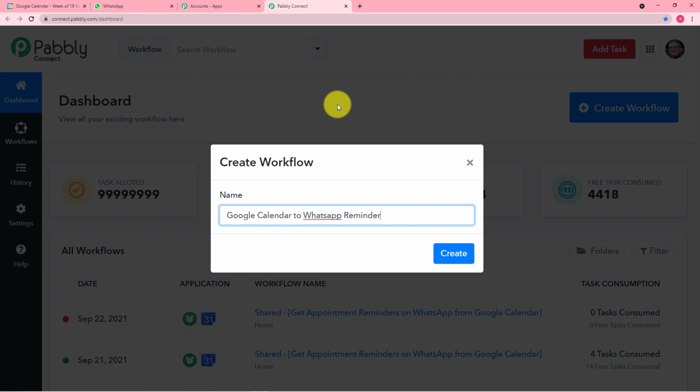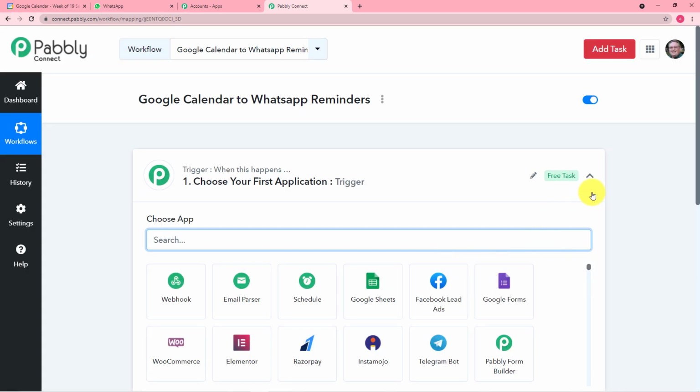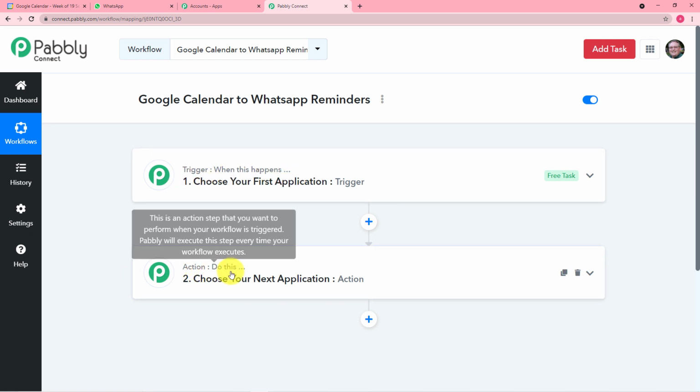All right, now I'm clicking on create. As your workflow gets created, you will find these two things, the trigger and the action. Pabbly Connect works on these two things. Trigger says when this happens, action says Pabbly Connect do this.